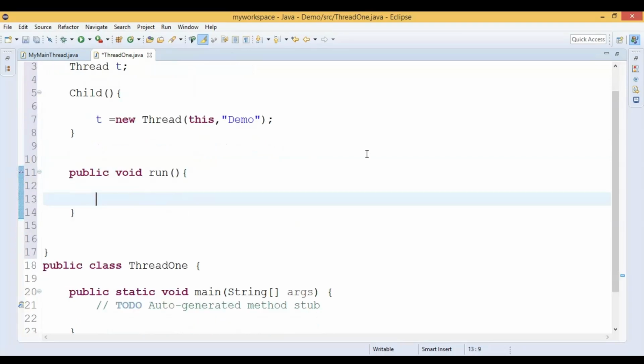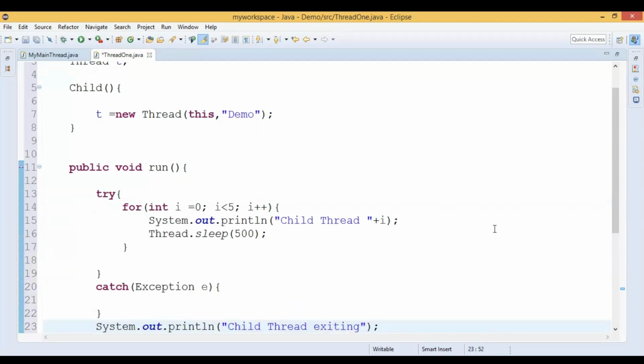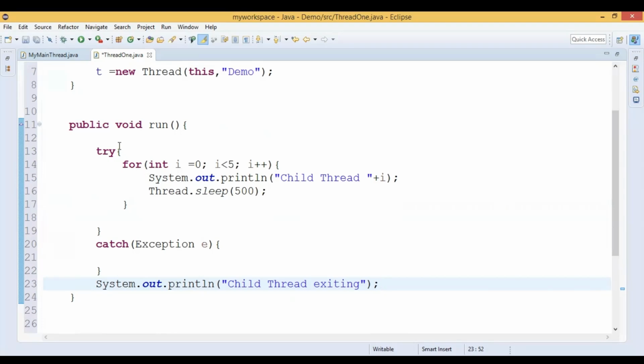So inside the run method, we have to write the code which we want to run as a thread. When we run the thread, this piece of code runs as part of the thread. So that code we have to write inside this run method. Here we are using a for loop, and we iterate that for loop 5 times, and each time we print the text child thread and also the counter value,